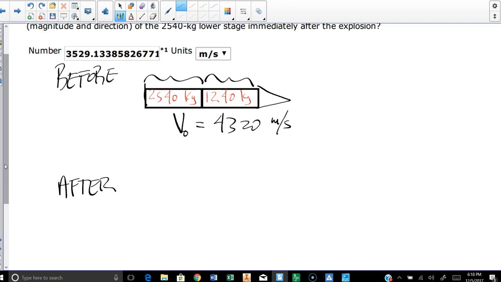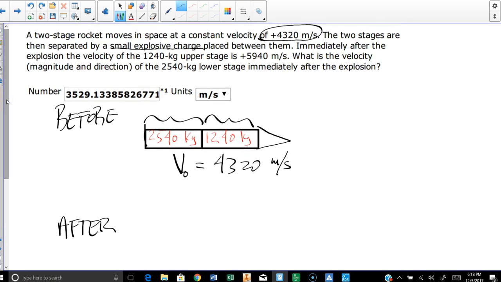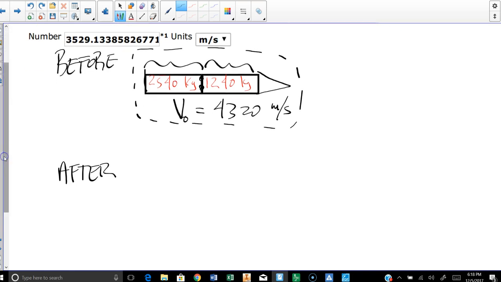So, moving that fast, we know the mass of each piece, so we would be able to know the total mass here. We could add the two together. So then they're blown apart by a little explosive charge in between them. Now, we look at our system as the two pieces together, which would seem to make sense in this case. Then that force is internal, and the momentum before has to equal the momentum after. The initial and final momentums are equal. So afterwards,